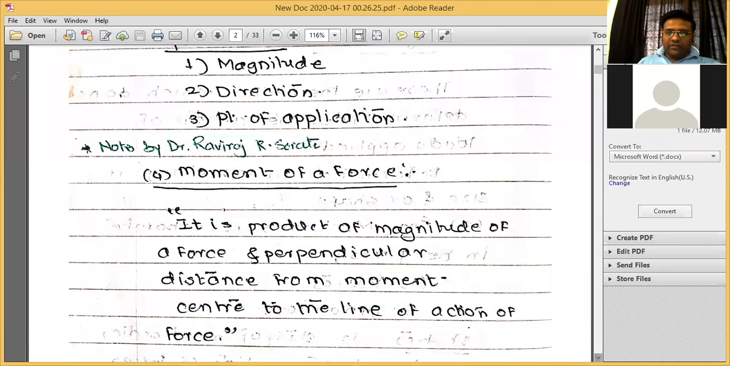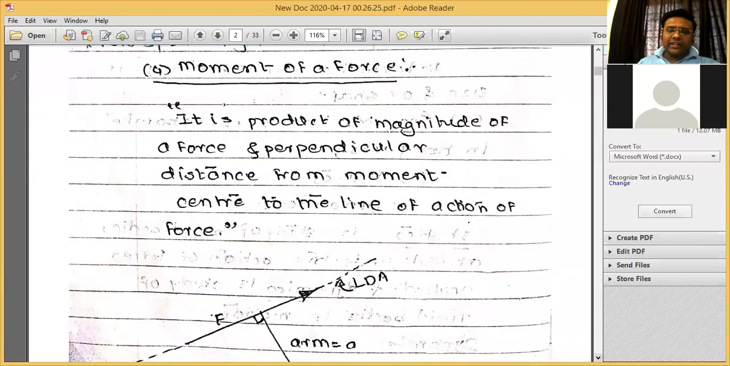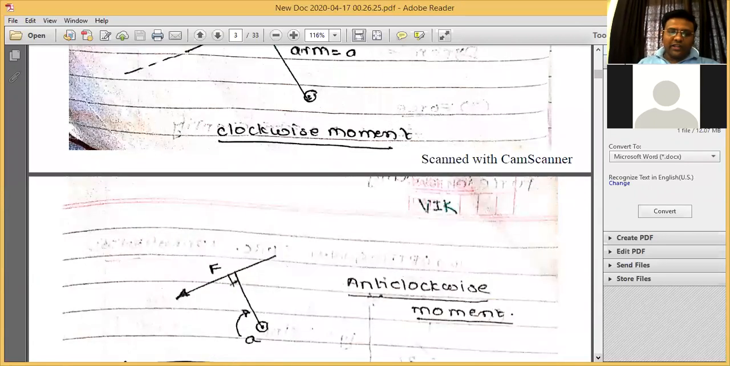Then we have seen, if we want to calculate the effect of the force at a point other than the point where it is acting, then that force will produce a moment. Moment is defined as the product of the magnitude of the force and the perpendicular distance between the point at which you are calculating the moment and the line of action of the force. It is again a vector quantity, and it has two senses, as it gives rotation to the body. Clockwise and anti-clockwise are the two possibilities,